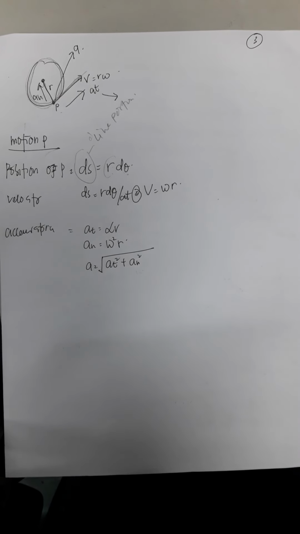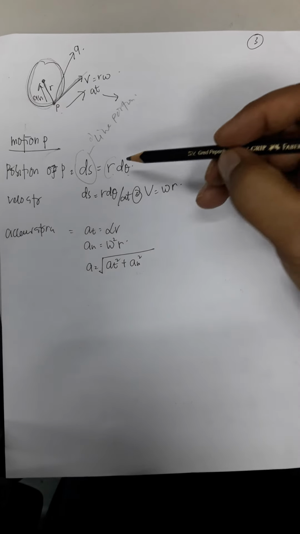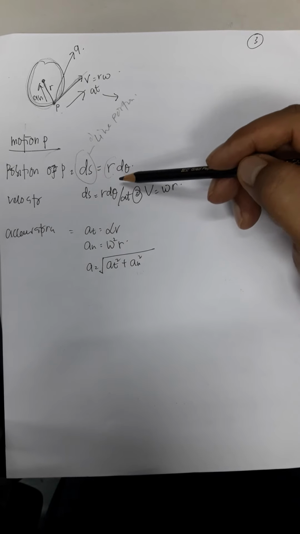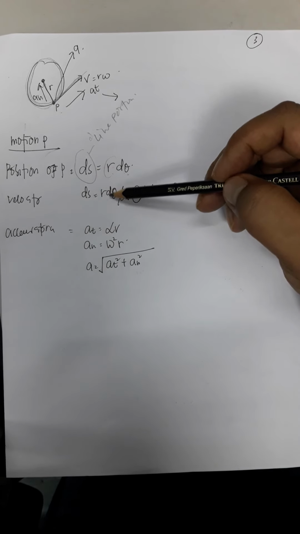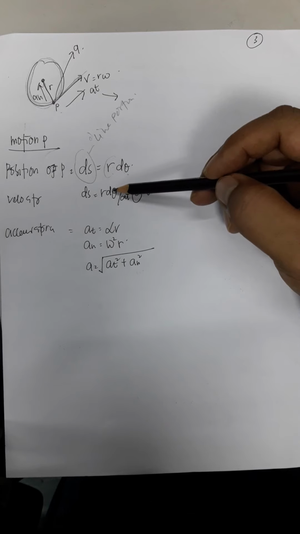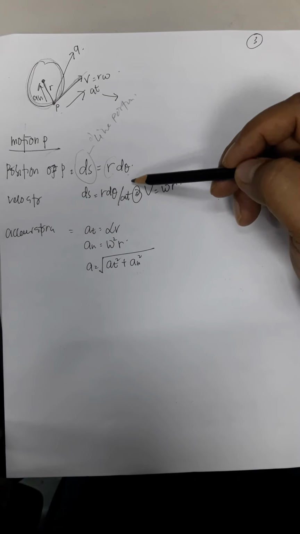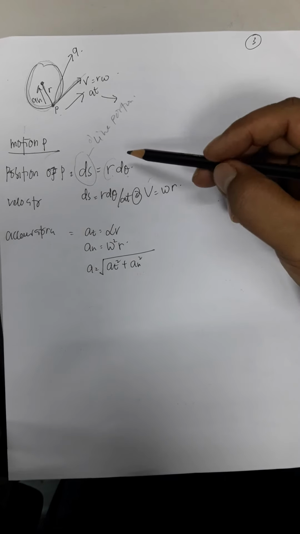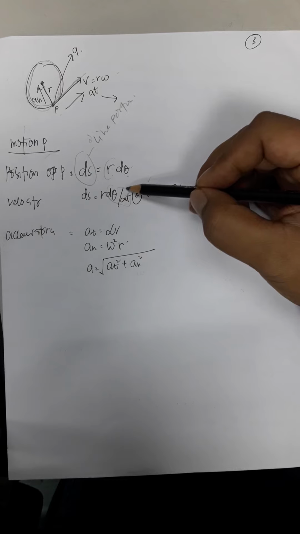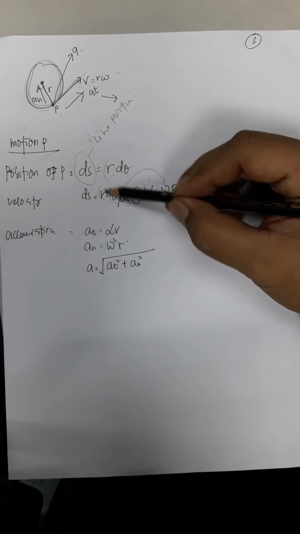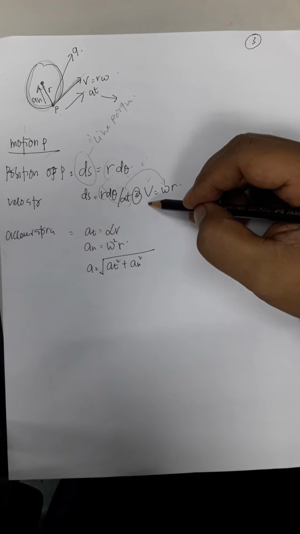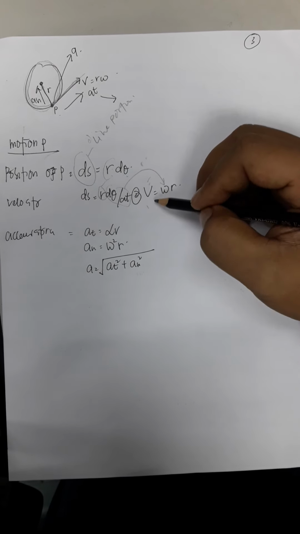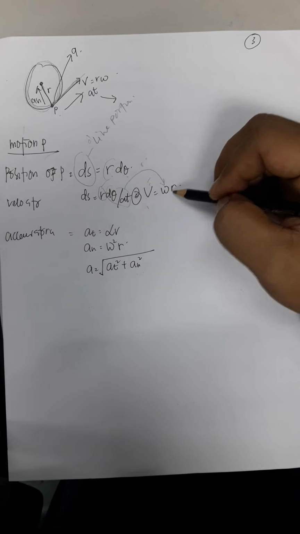and r multiplied by d theta: r is the radius of the curve, and d theta is the change in angle during the movement. Velocity actually is the differentiation of ds, and we can get the velocity from this rotational motion equal to r d theta over dt, meaning this equals d theta over dt equal to omega, and r is the radius. So ds over dt, we call the linear velocity.